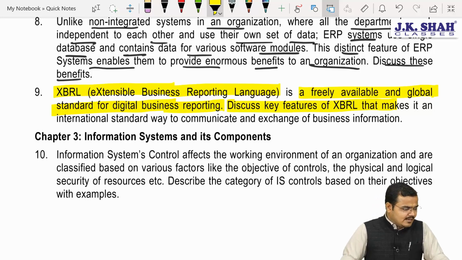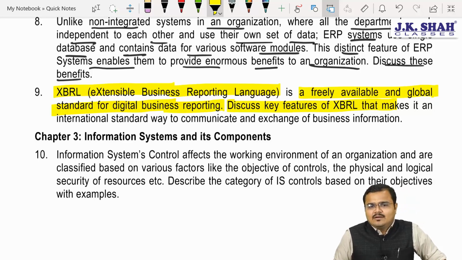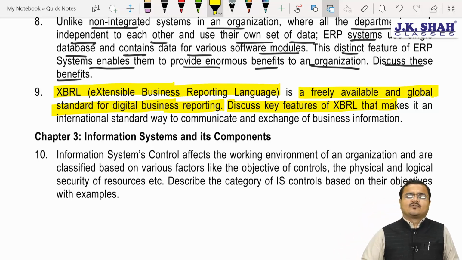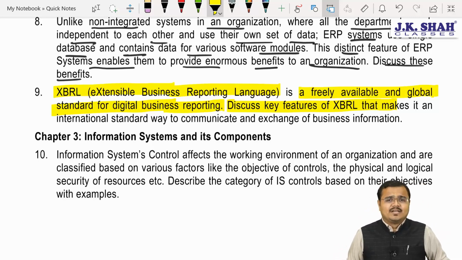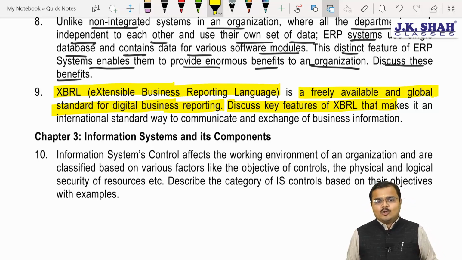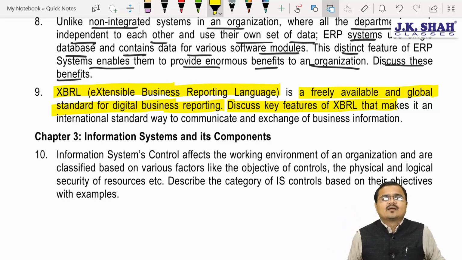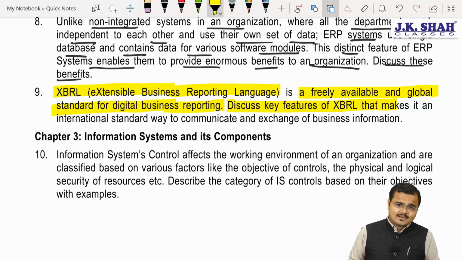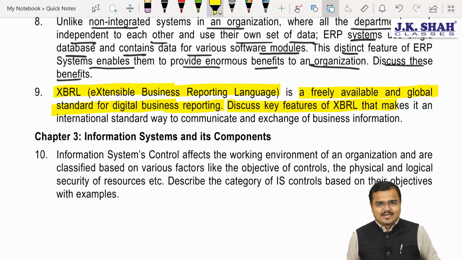Chartered, we know very well that XBRL is present in more than 50 countries. Every year, millions and millions of documents are created in digital form, which enables you to enjoy one major benefit, chartered: these reports can be converted into any language of your choice. Agree? Yes, sir. So, chartered, let us try to identify the benefits of XBRL also.